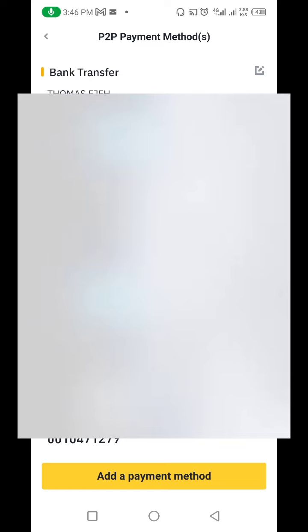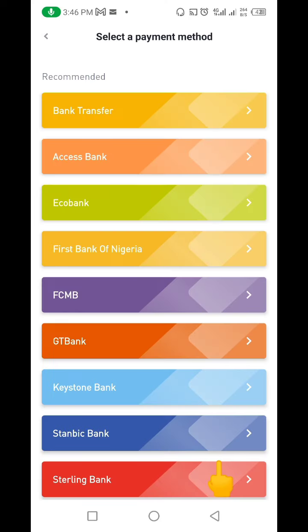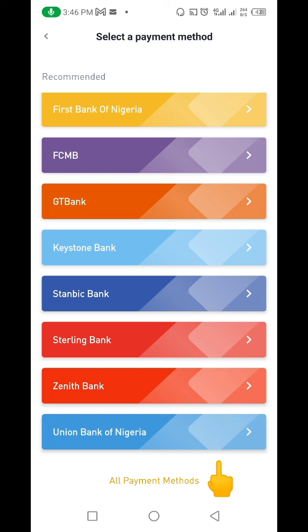Now right here I have my own bank account added already. But in your own case, if you are doing it for the first time, you're not going to see any bank account here. The only thing you're going to be seeing here is just add payment method. Then you're going to click on this add payment method. You see, adding a payment method gives you the opportunity to add your bank account,